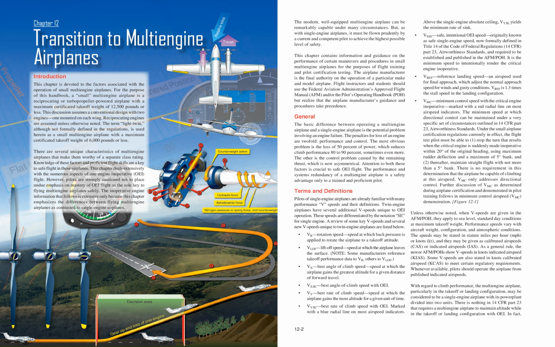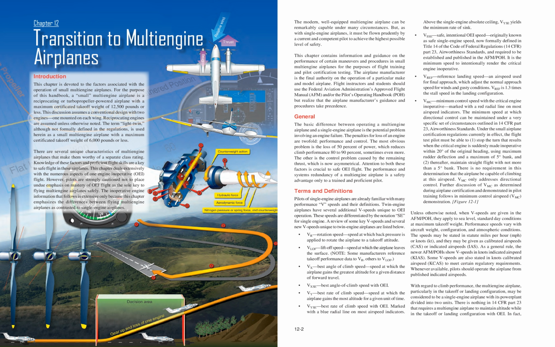VMC, minimum control speed with the critical engine inoperative, marked with a red radial line on most airspeed indicators. The minimum speed at which directional control can be maintained under a very specific set of circumstances outlined in 14 CFR Part 23, Airworthiness Standards. Under the small airplane certification regulations currently in effect, the flight test pilot must be able to